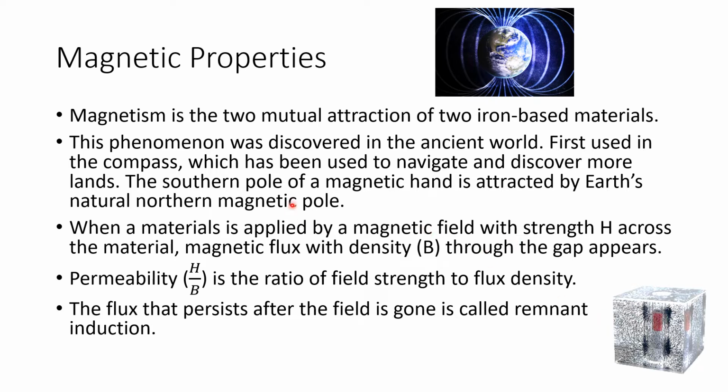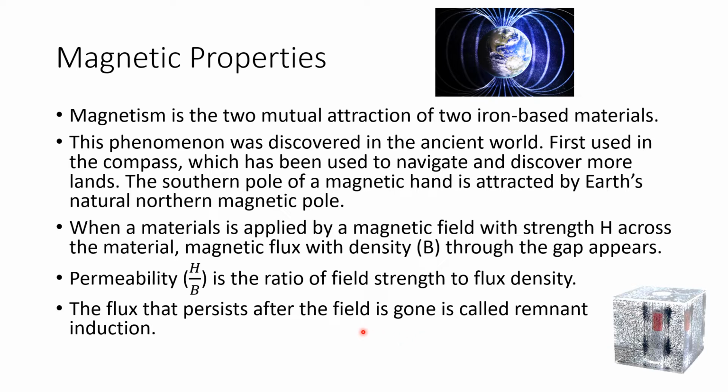First, we have the material. We subject it to a magnetic field. We get flux, and that flux is going to stay for a while. And we call the strength to flux ratio permeability. And then the flux is going to be gone,